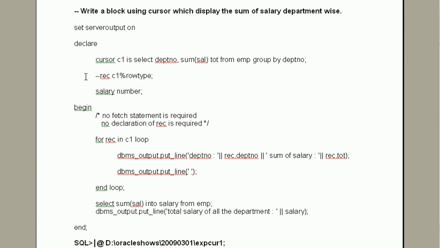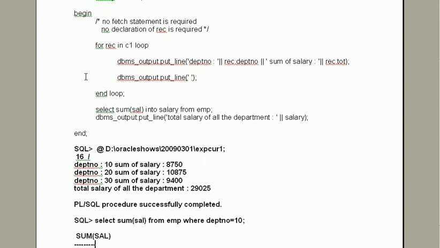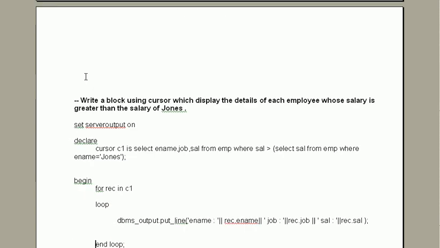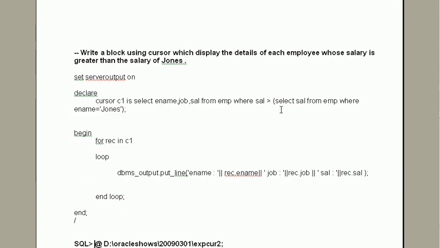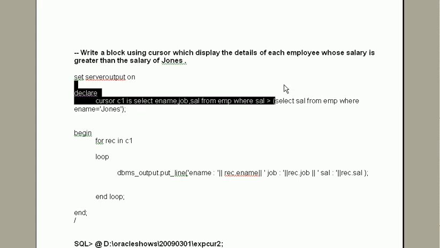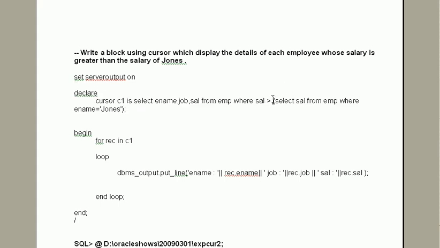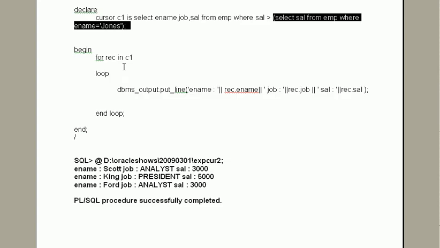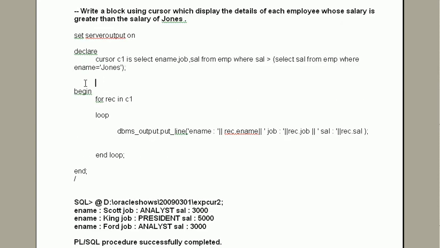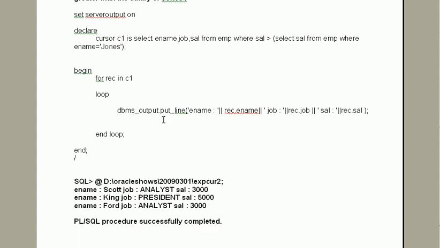Another thing is simple. So here what is the new thing that we have done? Here we have used the subquery in the cursor, and that is permitted in the cursor. Again, here you can see we have not declared the REC, it will be declared automatically, as we have explained.